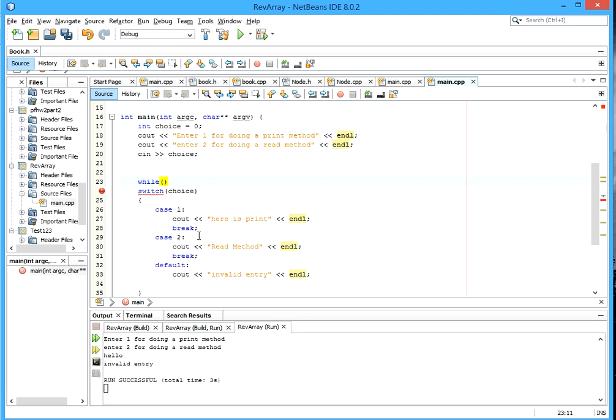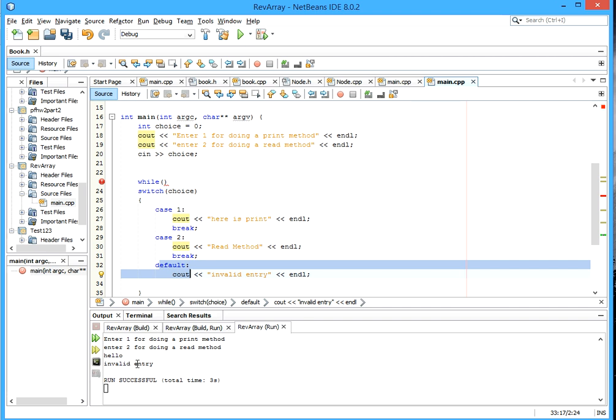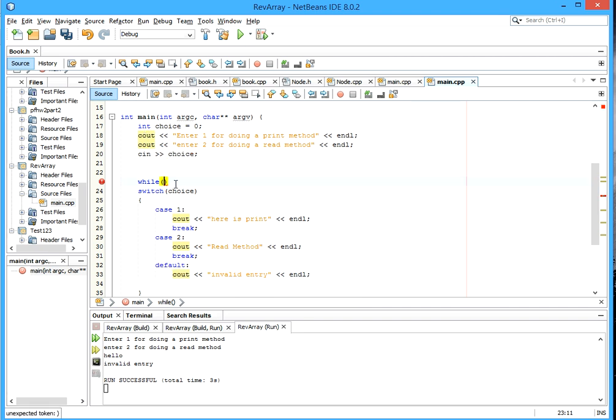This way, if they do happen to go across this, the program won't just end. It'll rerun it basically in this while loop for whenever choice